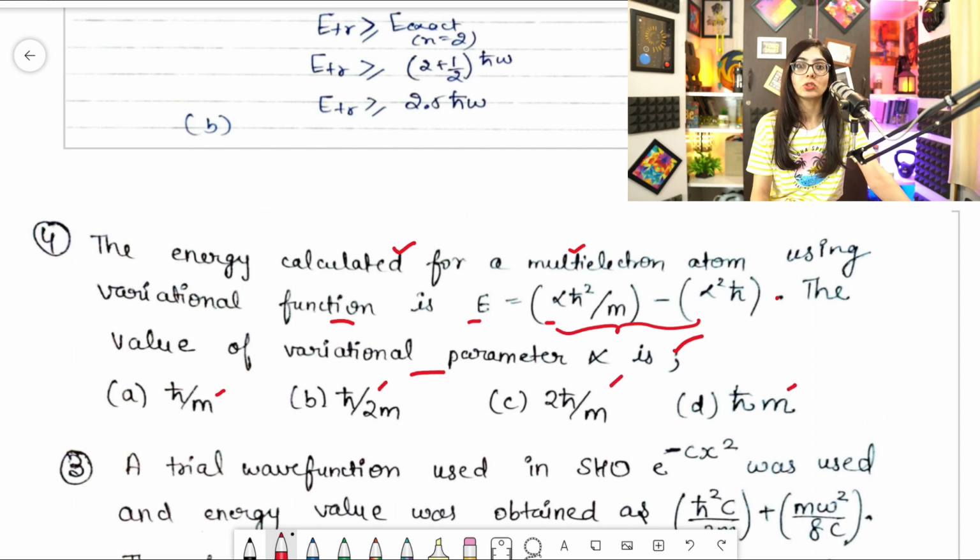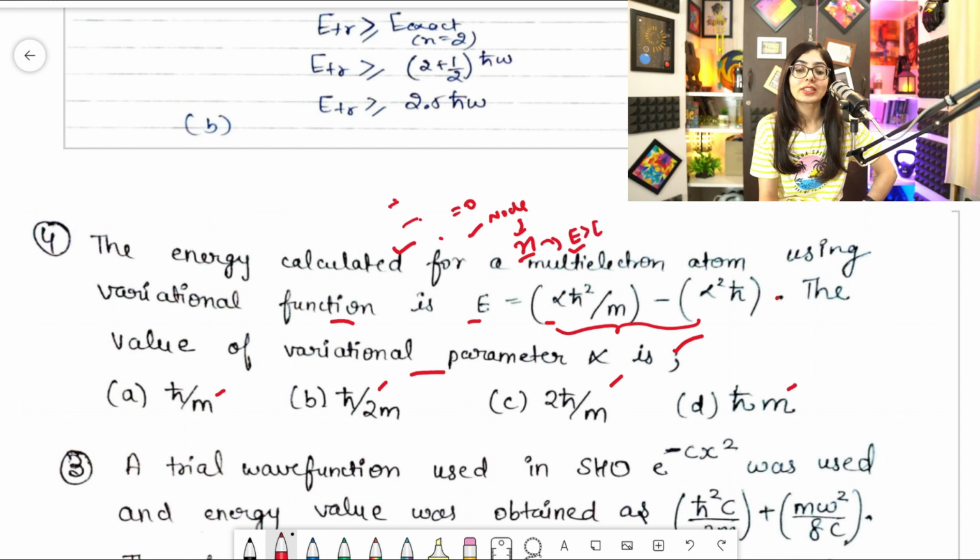So guys, don't get confused that nothing has been given here like in the previous question series, like I told you in the earlier videos, where some trial wave functions are already assigned, like ground state or first excited state wave functions, and you need to put them equal to 0. Then you find how many nodes there are, the value of n, and then conclude how E is greater than which exact state energy. This question is a little bit different, and I told you its theory in the very first lecture, where I was discussing the variational principle.